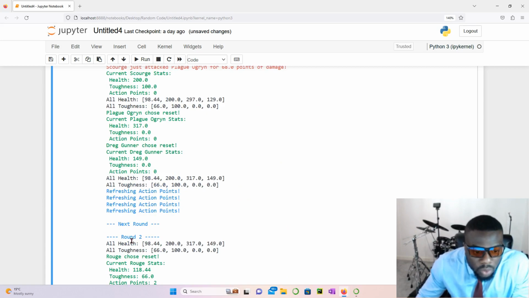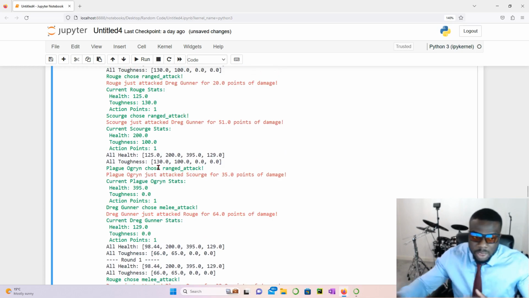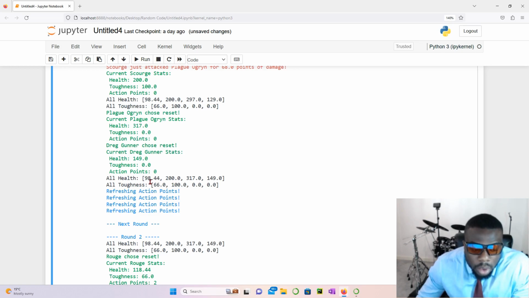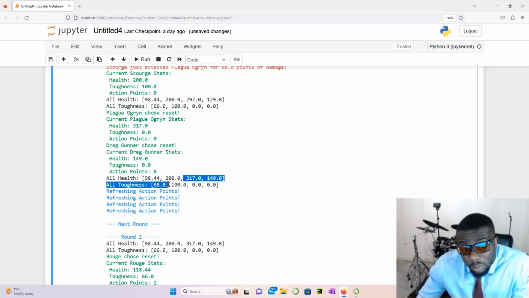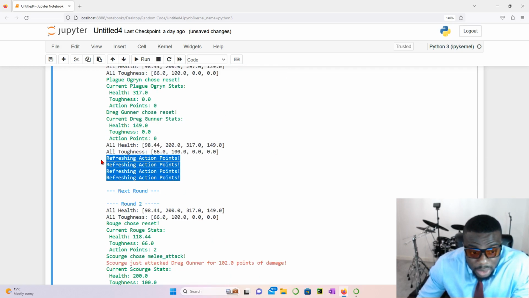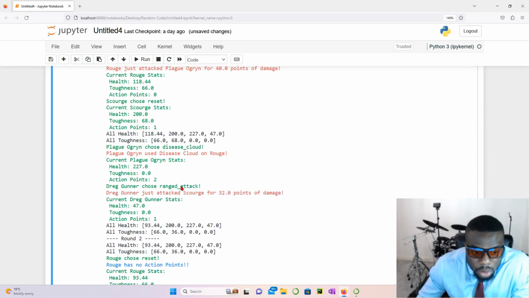So instead we go to round 2, so we can clearly see that no one died in round 1. Everyone just attacked different people, and maybe they low rolled, right? So at the end of round 1, Rogue has 98 shield, 66 HP. Scourge is sitting pretty. The Plague Ogryn is hurting a little bit. He's lost almost 200 HP. Dread Gunner's alright, he's lost about 50 HP. Cool. Alright, going into the next round. And you can clearly see that, blue refreshing action points. Going into the next round,